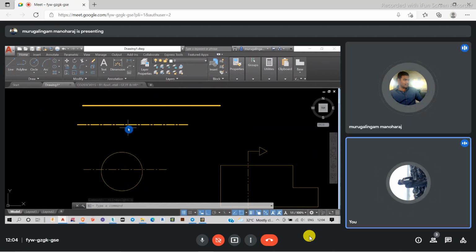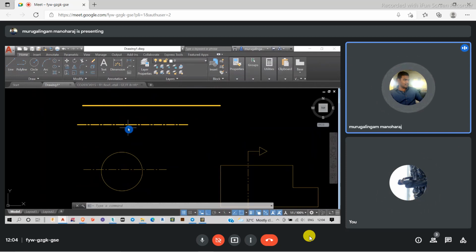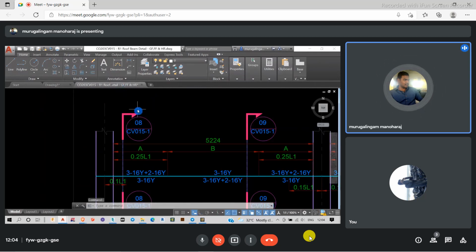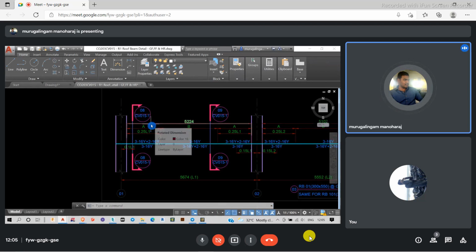One more thing you have to remember here is why we have to provide a line weight. In some companies, what I heard is they will give certain line weights for certain reinforcement. For example, 12 dia bars will have a certain line weight, and 16 dia bars will have certain line weights. Those things they will follow. Some other people use it just to make the drawing look better.